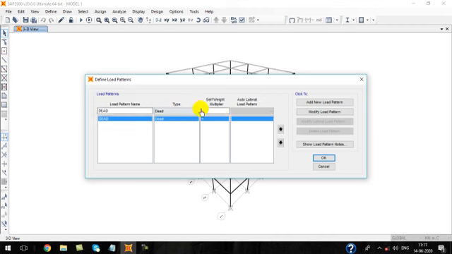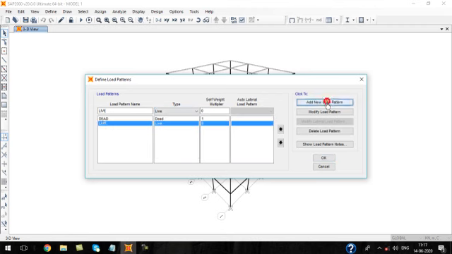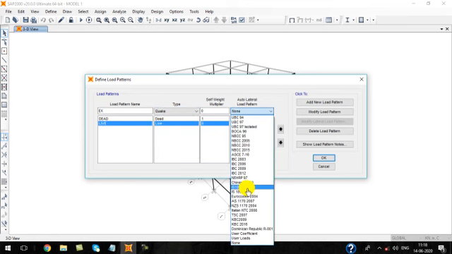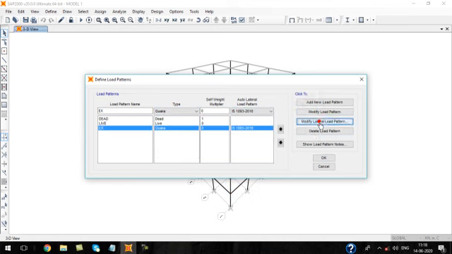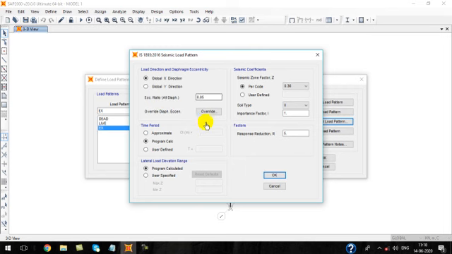First load pattern, dead load, that is okay. Next live load, change it to live. Add. Next equivalent static in x-axis, change it to quake. Here IS 1893-2016. Add. Modify load pattern in x-axis. Let me use zone factor 5 and soil type medium.